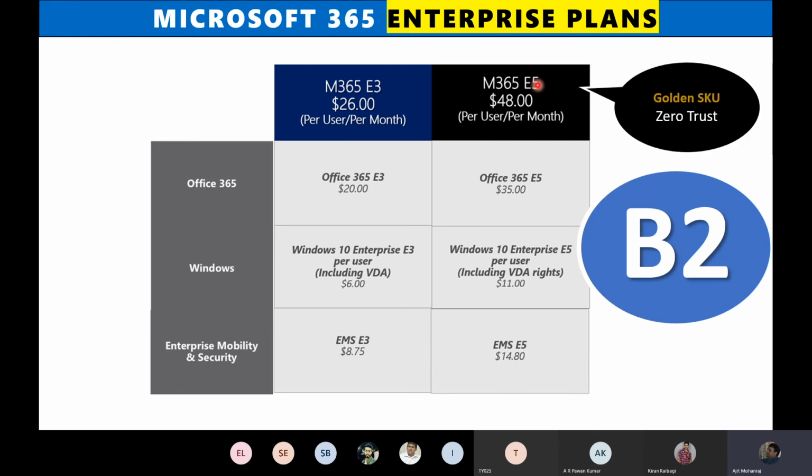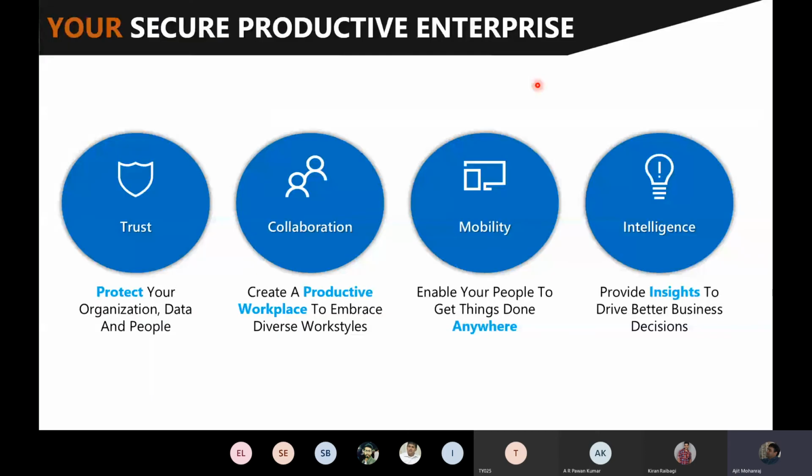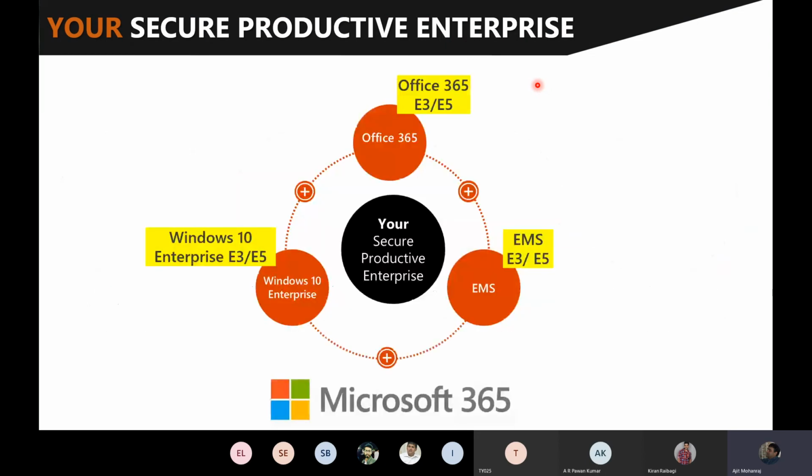In my mind, if you want to go to the zero trust game, move to the M365 E5 SKU. That has really got the top end of Azure AD, top end of EMS, top end of Windows 10, top end of the protection, right? So when you're doing your renewals, it's not just about you've already enjoyed O365. This is all about wrapping a whole lot of security around it, right?